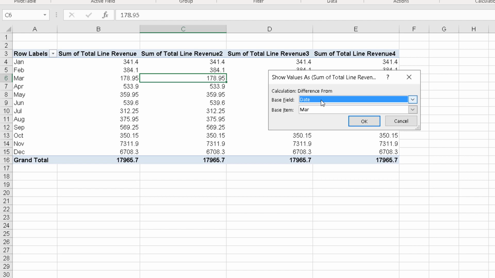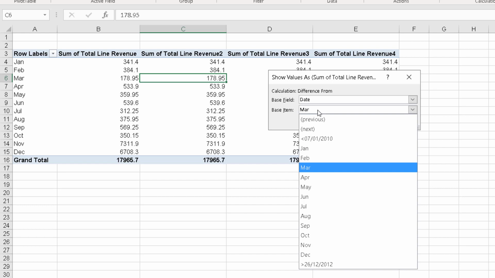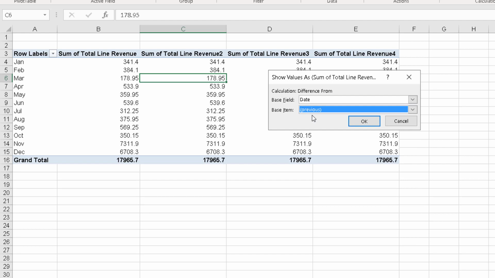We do want it per date. But because I clicked on the March figure, it thinks I want the base item to be March. If I drop this down, I see all the months, but I'd like to see what the difference is in value from the previous month. So if I choose previous here,